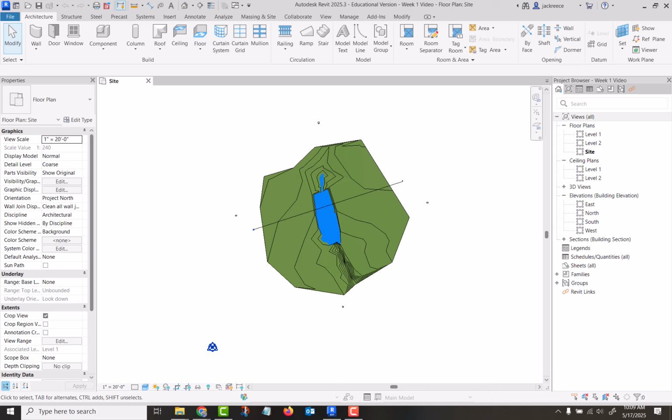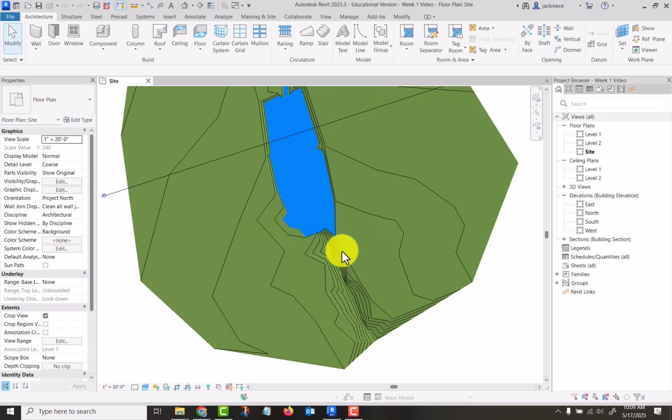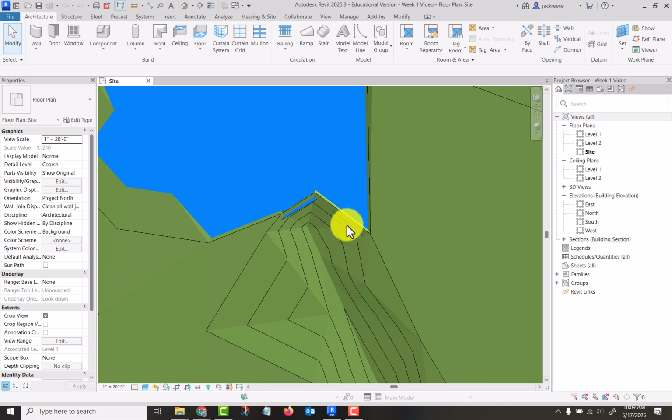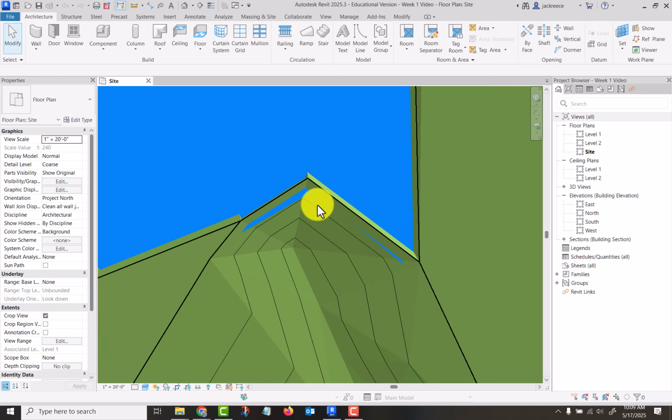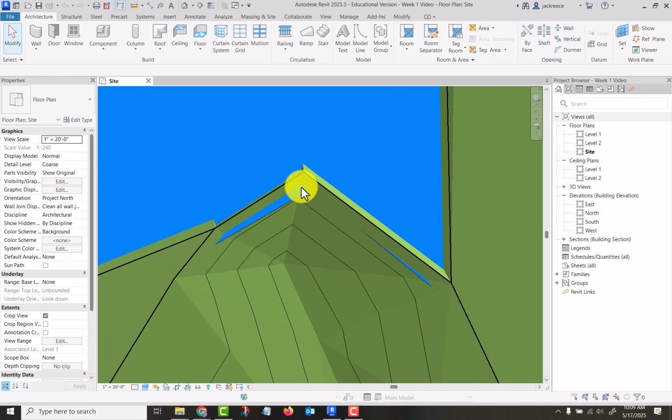Okay, part two. We're going to put in the stream and a road into our project here. And I got to looking at it when I was practicing this, and over here the lake is sticking out. If that bothers you, then we'll change that. It bothered me, so